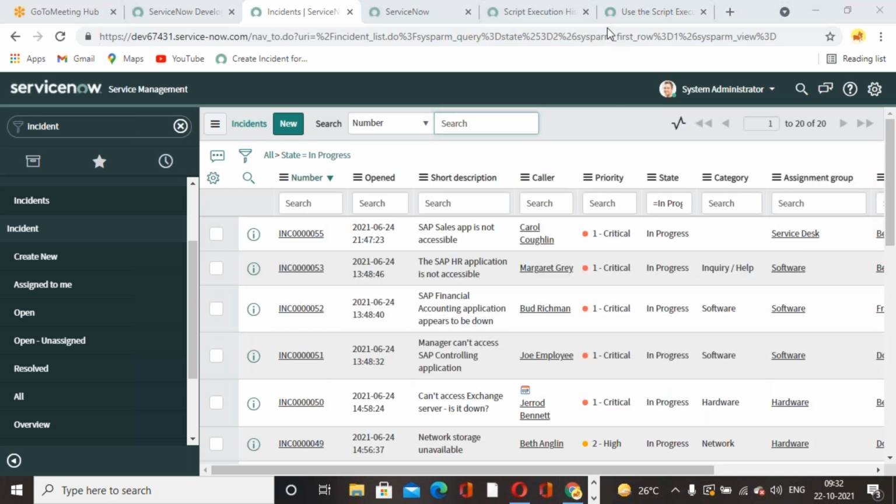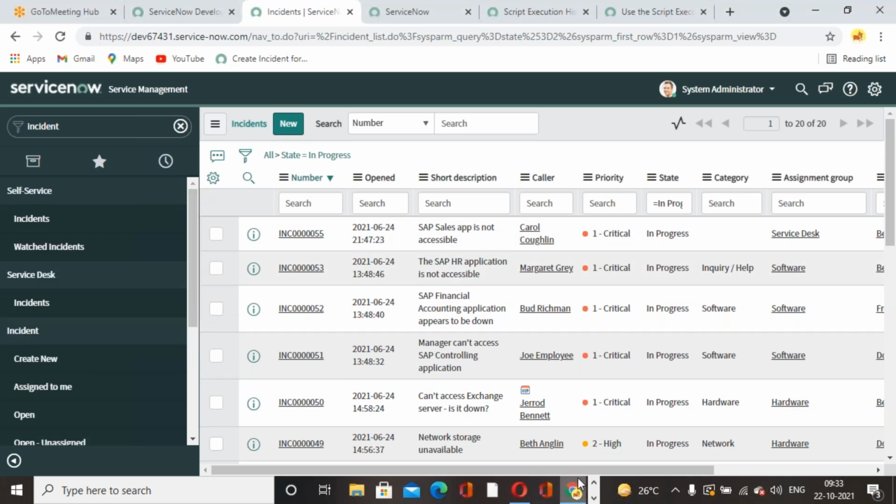We have rolled back successfully, right, Hemant? Okay, so this is about how to back out changes which are executed from the background script application or module. Okay,